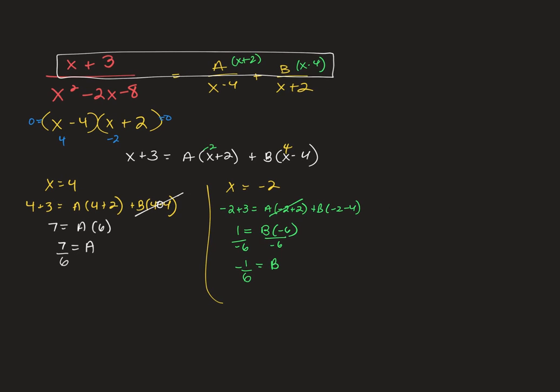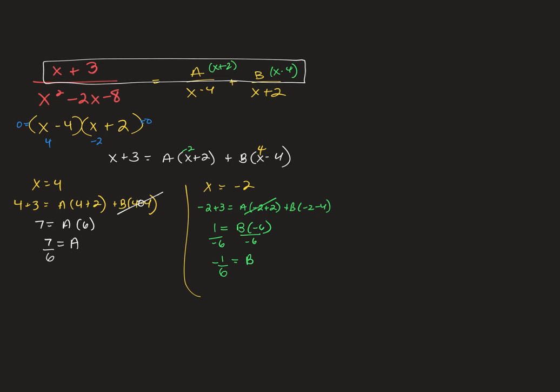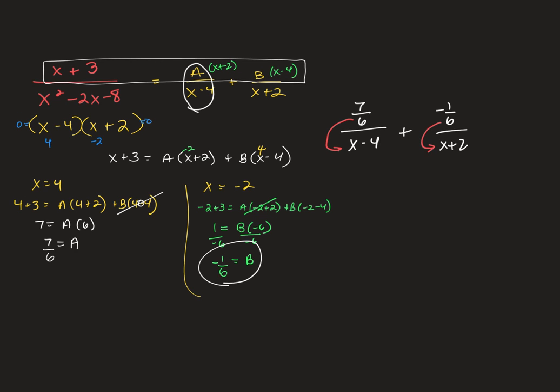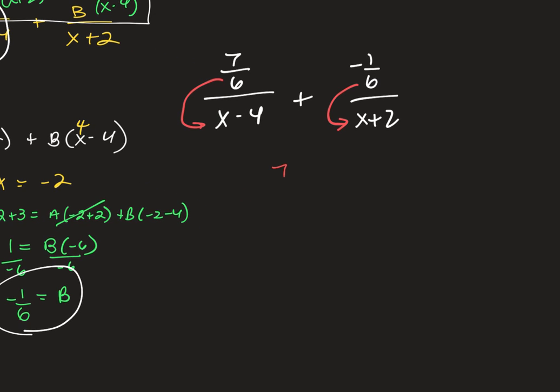Now I plug them back in. So the a goes over the x minus 4. So 7/6 goes over x minus 4. And the b, negative 1/6, goes over the x plus 2. Now you cannot leave a complex number. So I can't leave a fraction within a fraction. The 6 can come down for both of these, and I get 7 over 6 times x minus 4 minus, the negative comes in the middle, 1 over 6 times x